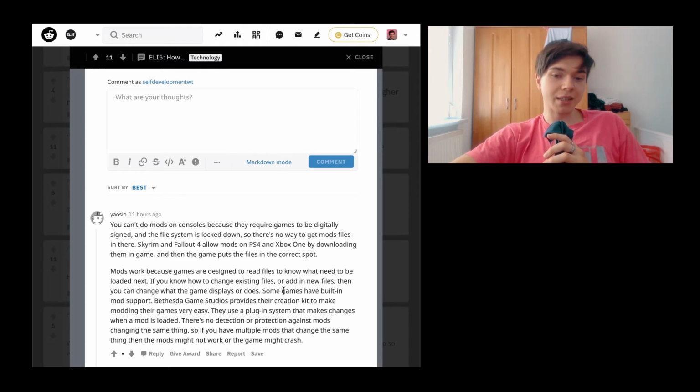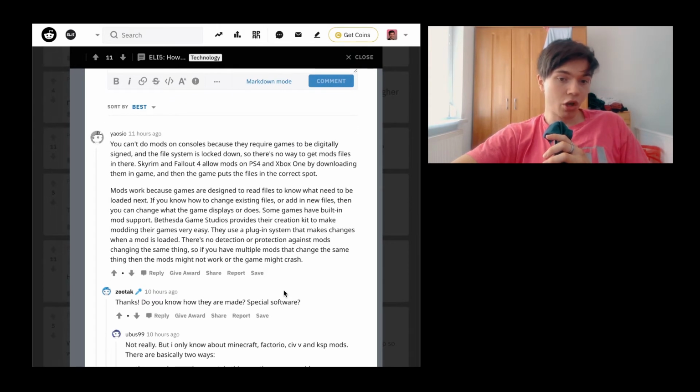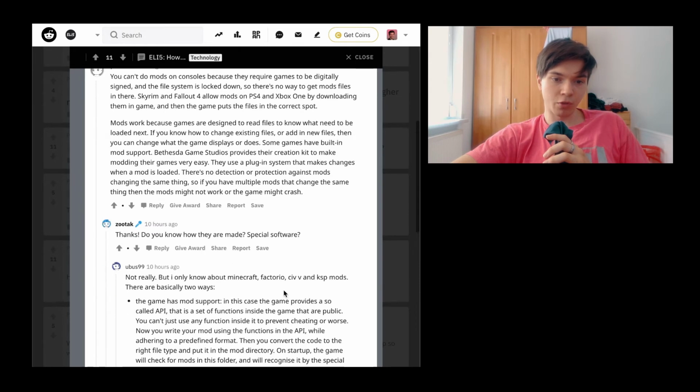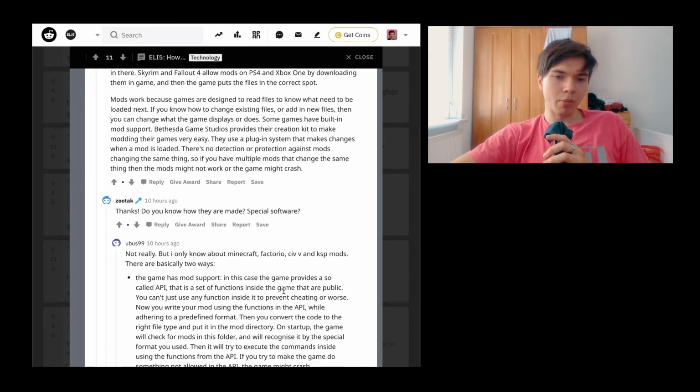They use a plugin system that makes changes when a mod is loaded. There's no detection or protection against mods changing the same thing. So if you have multiple mods that change the same thing, then the mods might not work or the game might crash. Thank you. Do you know how they are made? Special software? Not really, but I only know about Minecraft,